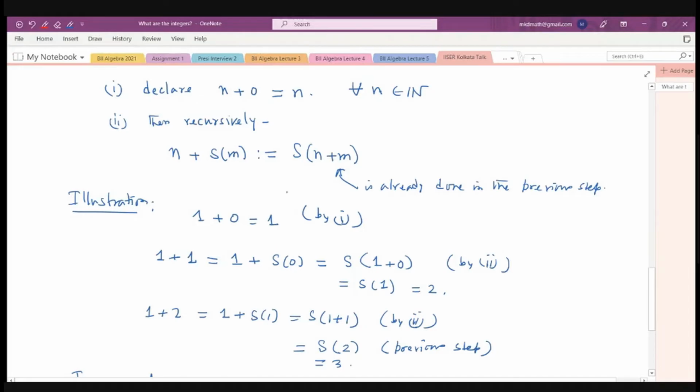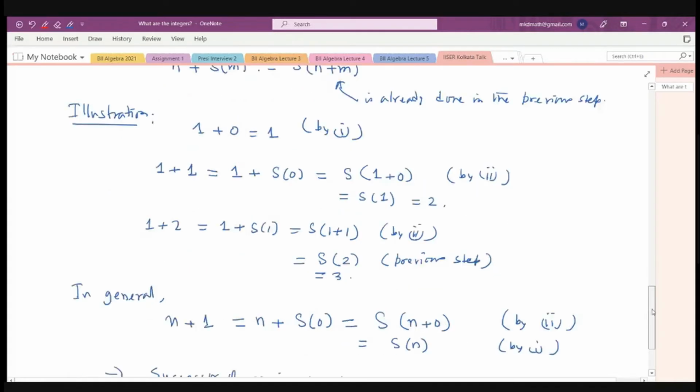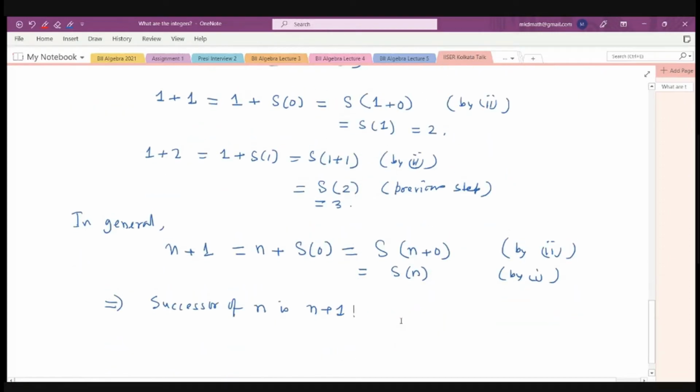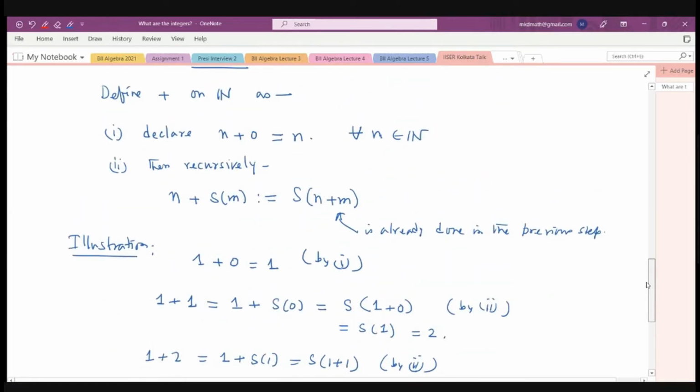So now if you look back at this formula, what is happening? You are proving that n plus (m plus 1) is equal to (n plus m) plus 1. This is very simple, right? You understood? Here I actually proved that s of n is n plus 1, right? After all these formalities, you can now read that formula which I wrote before.